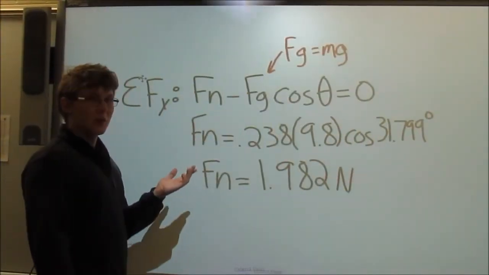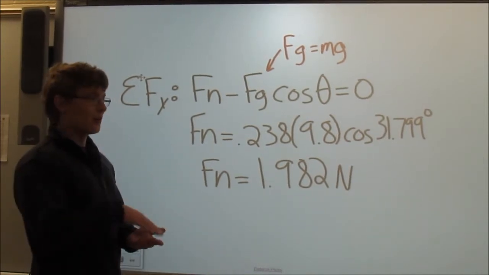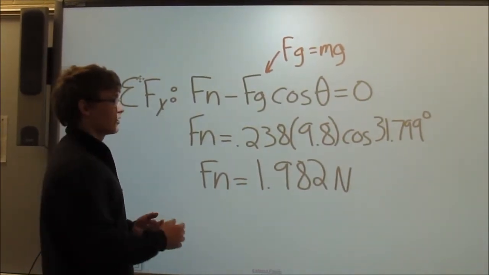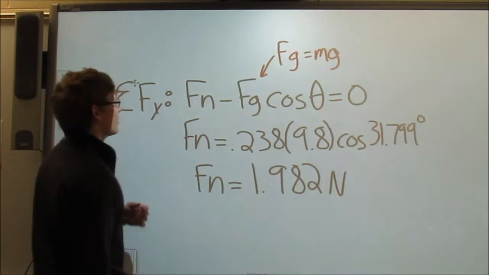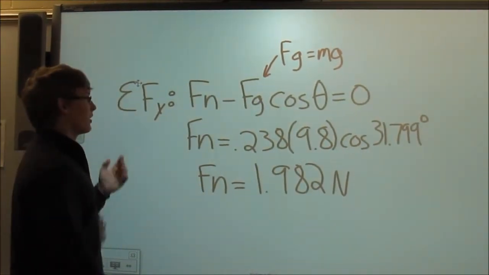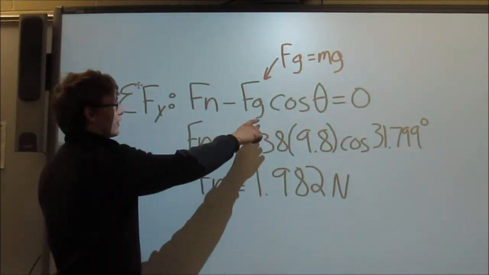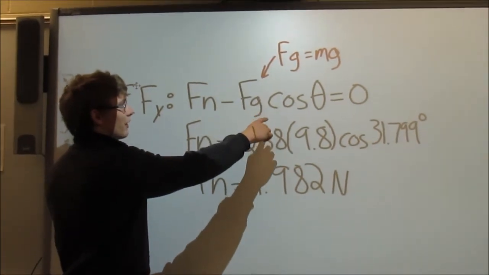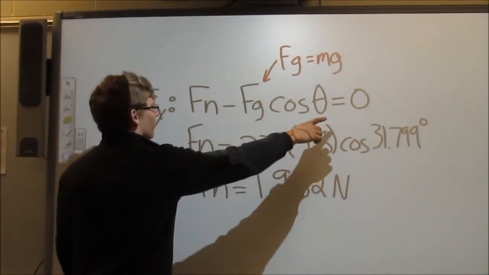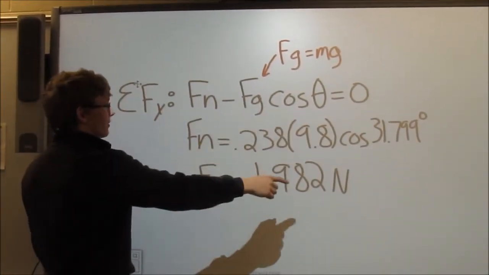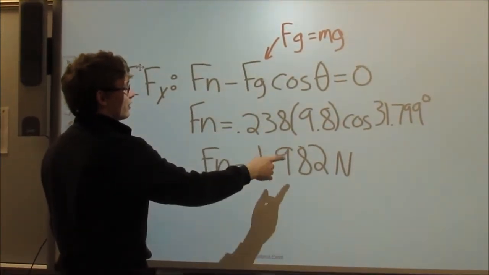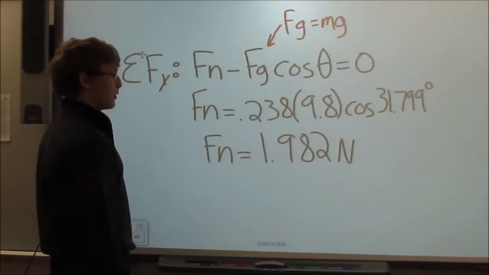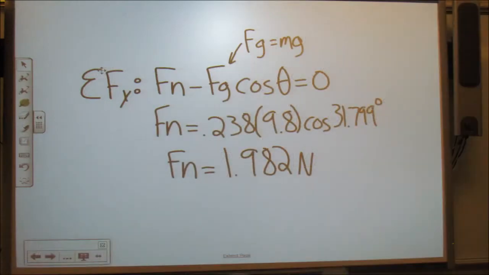Since the cart in the y direction is not accelerating, it's staying on the board, therefore the mass times acceleration a is going to be 0. So summing the forces in the y direction, we have the normal force minus the force of gravity on the ramp is going to equal 0. So you use this, plugging in the angles and the values, to find your normal force of 1.92, which is